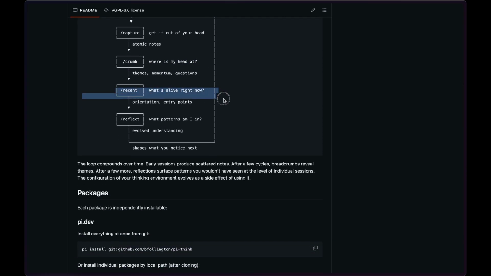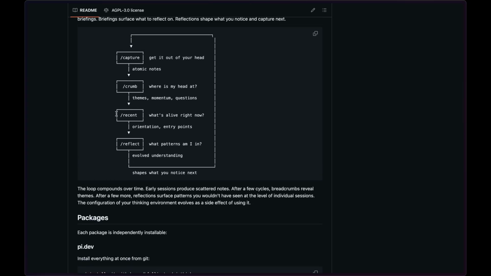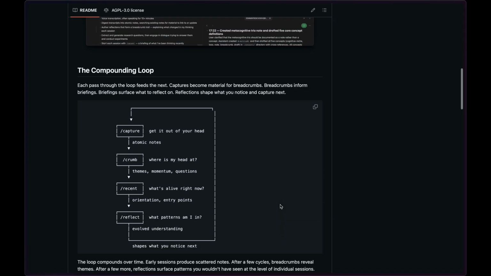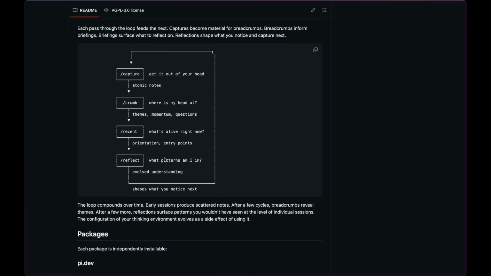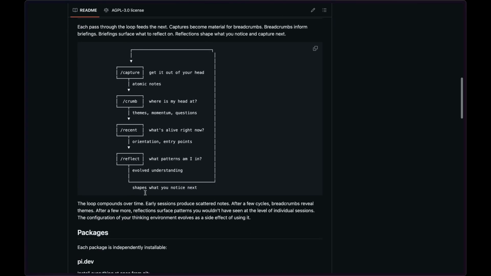Then when you come back later in a new session, you can run /recent, which will basically reflect over the content created from this and help bring you back in. And then after a few sessions of doing this, you can reflect and see in broader loops what kind of patterns you're in and keep winding this process around itself ongoing. With Py, there are some cool automatic features that get added onto this, but with Claude, this is what you would get out of the box.